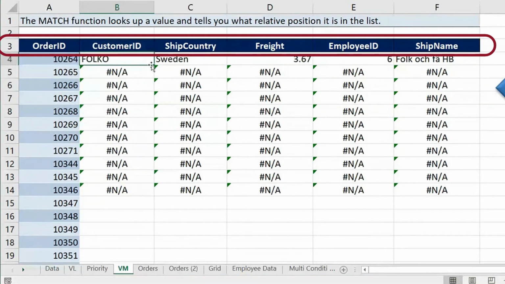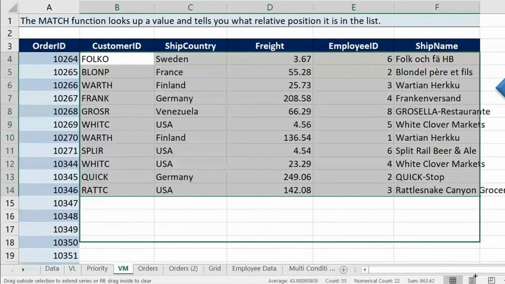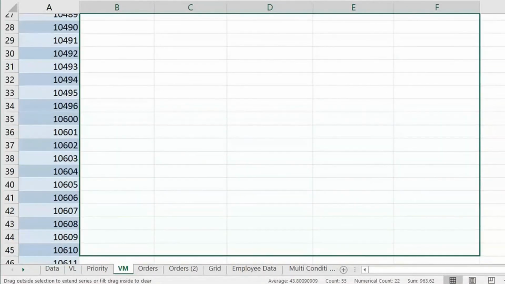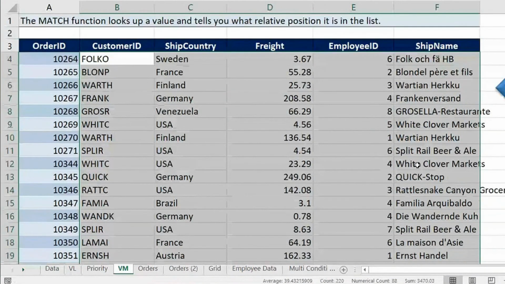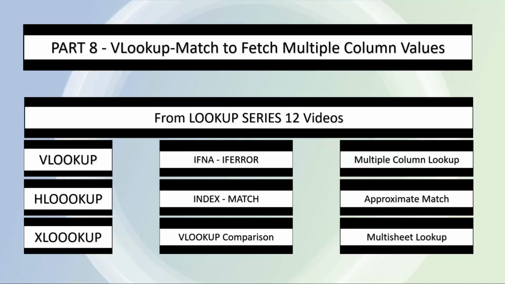So this is the beauty of this VLOOKUP MATCH. I can also do this with INDEX MATCH, but I don't want to trouble you right now. Guys, you know VLOOKUP, so I'm just using VLOOKUP with MATCH here. With the VLOOKUP MATCH or INDEX MATCH combination, you don't need to count column numbers manually. This comes automated. The only thing to take care of is that the headers should match exactly. Whatever the header is in the actual data, the same should be the header here. Hope you're clear with the concept, and let me know in the comments below if you find any challenge using this function.